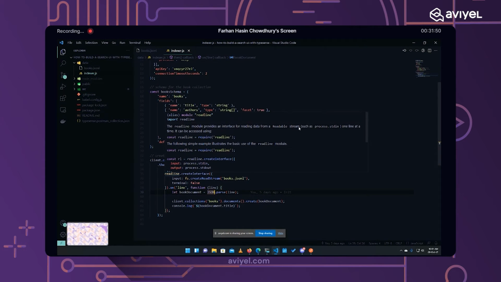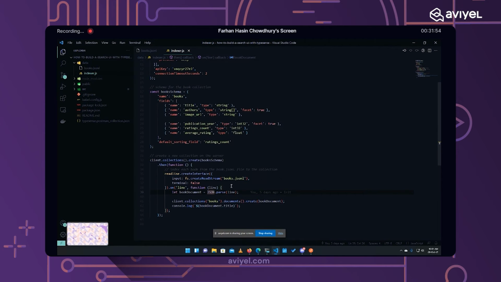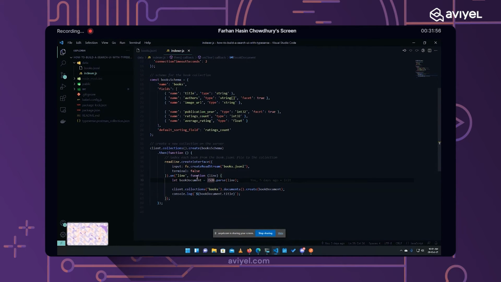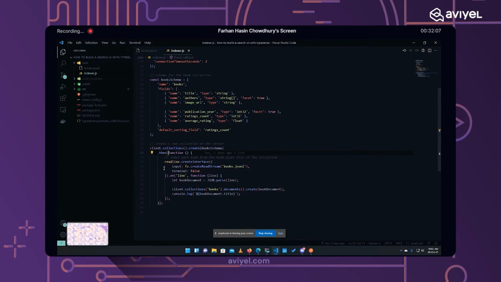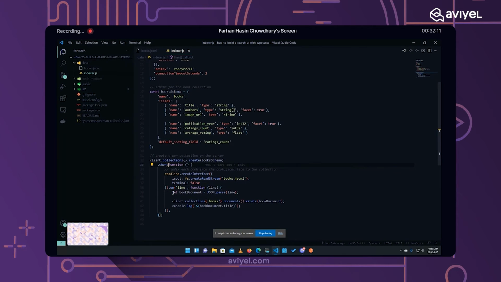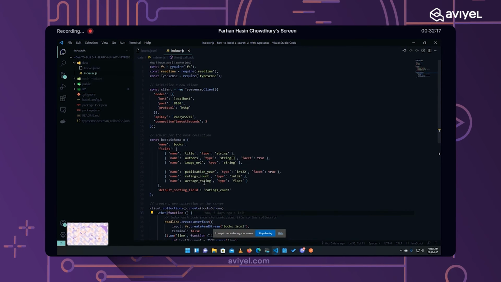I don't know how to explain that better, but streams are already a little complicated, but I'll try my best. We are creating an interface here for reading data, and this createInterface method takes an input and an output. As an input, we are using the books.jsonl file, and in Node.js, to read or write from or to a file, you must use the fs or file system module.